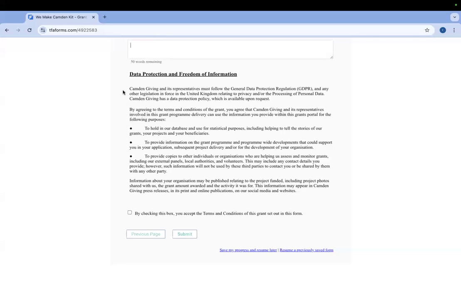By agreeing to the terms and conditions of this grant, you agree that Camden Giving and its representatives involved in the grant programme delivery can use the information you provide within the grants portal for the following purposes: to hold in our database for statistical purposes, including helping to tell the stories of our grants, your projects, and your beneficiaries; to provide information on the grant programme and programme-wide developments that could support you in your application; subsequent project delivery and or the development of your organisation; to provide copies to other individuals or organisations who are helping us assess